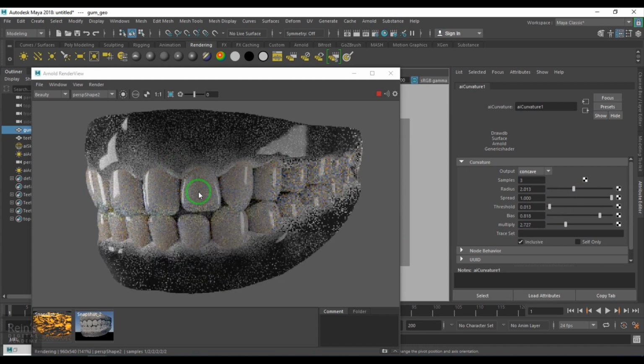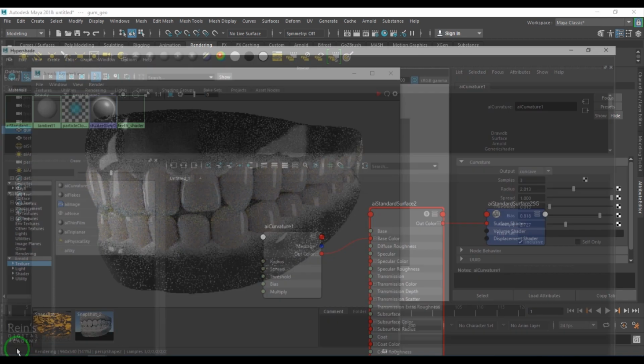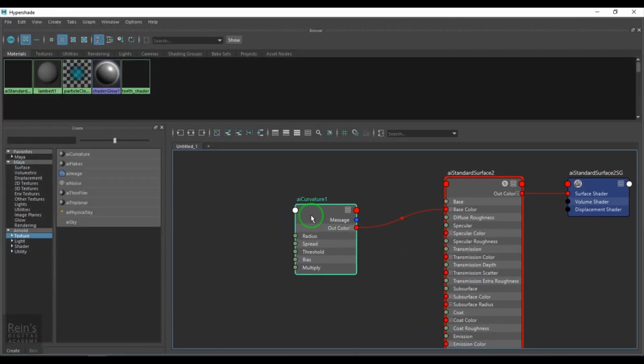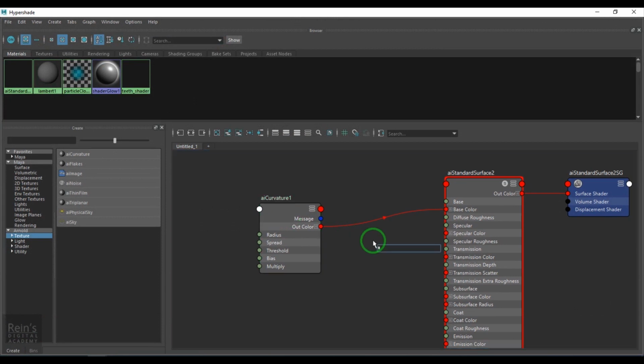Okay, so you should get some nice colors going on here. This will allow me to map values to this. So we have